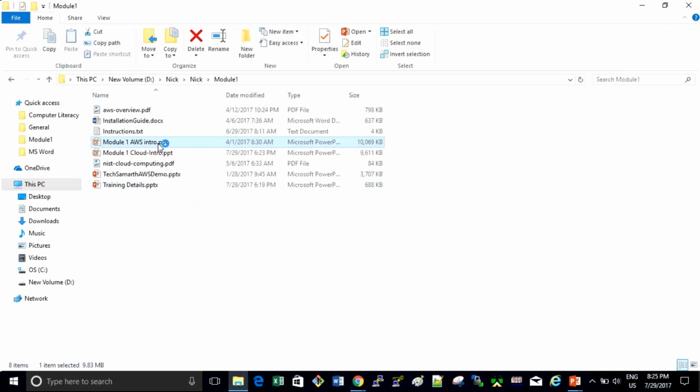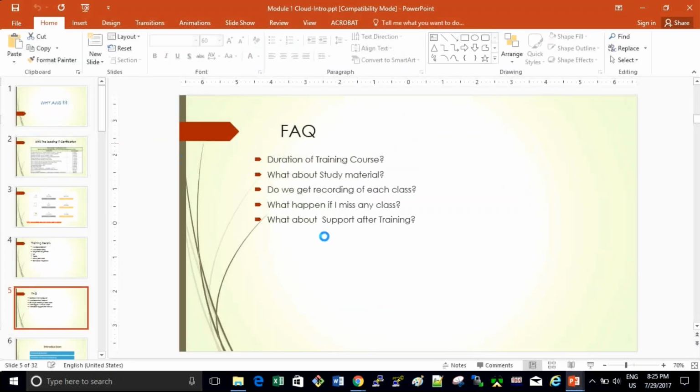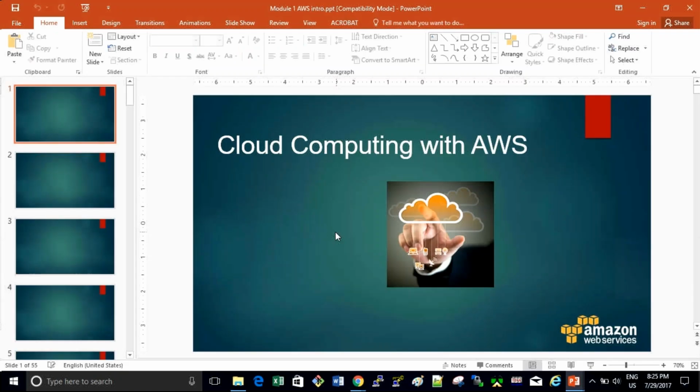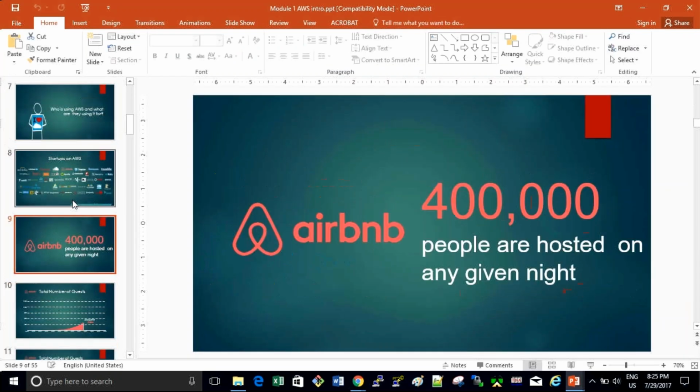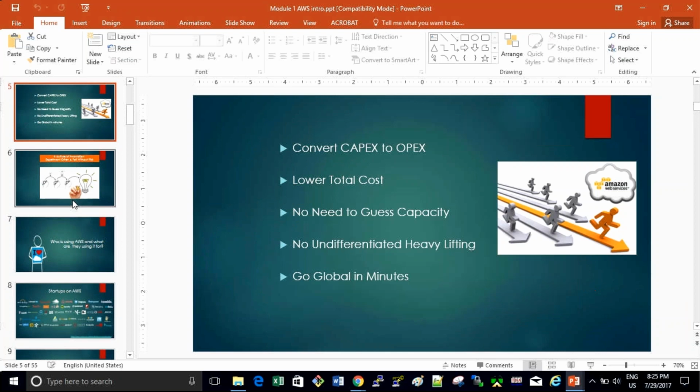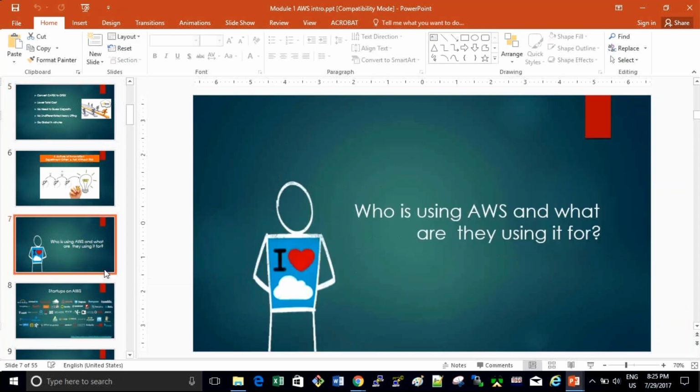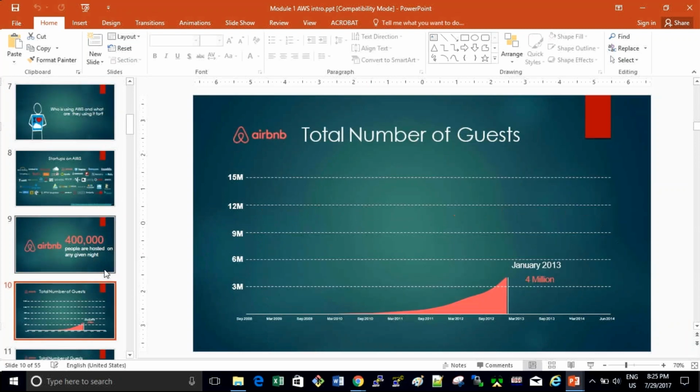And availability and cost, and high availability as well. Correct. High availability, scalability, and other one is lower total cost, capex to opex, easy accessibility, experimentation, right? So all this.